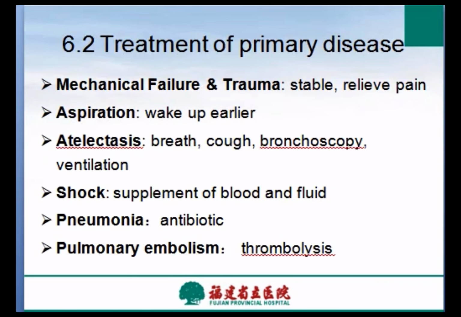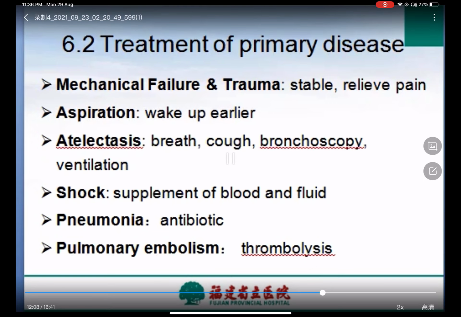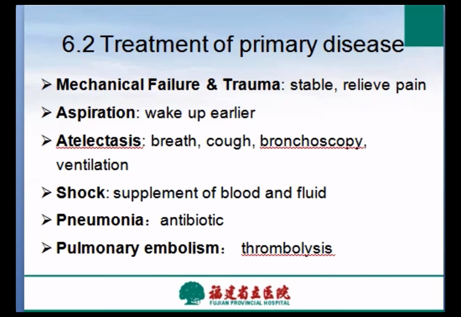During the treatment of acute lung injury, in addition to the treatment of complications, for example, the use of mechanical ventilator, we mustn't ignore the treatment of primary disease, and this may affect the final success or failure of the treatment. For example, when a patient suffered from a mechanical failure or trauma, we need to relieve the pain and keep the chest wall stable. And for patients with rib fracture, the painkillers need to be used to relieve the pain and